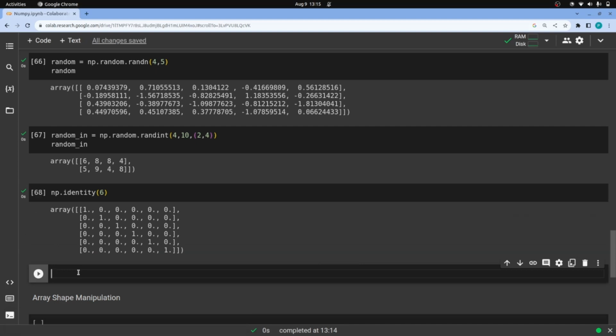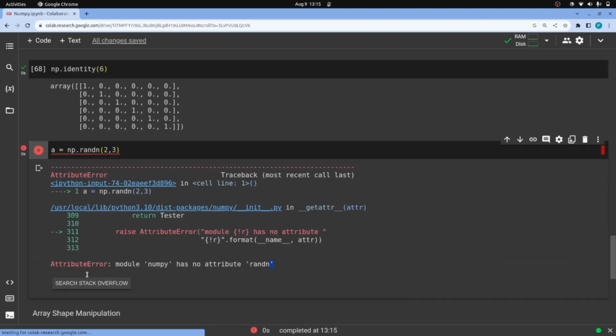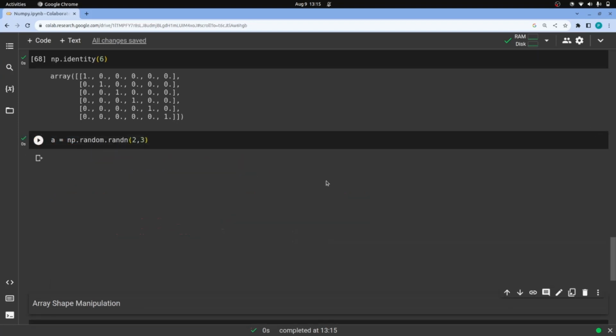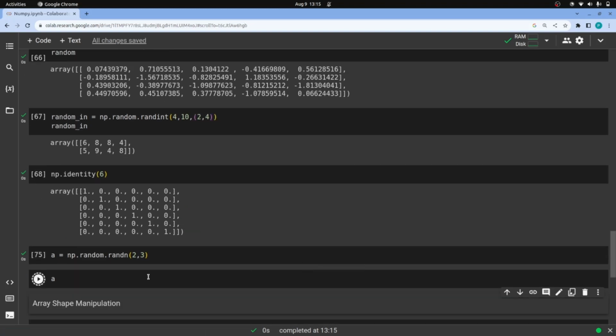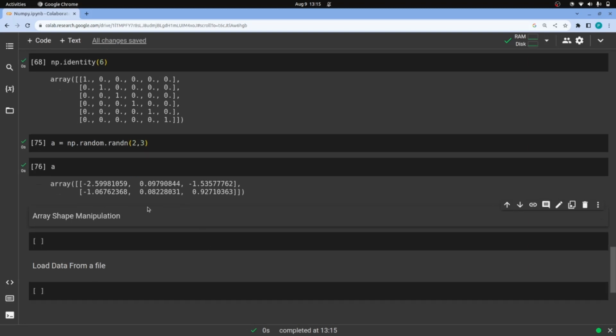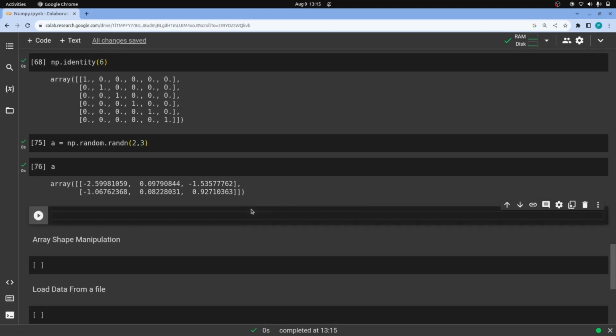array. So for example, let's say we have an array, np.random.rand(2, 3), and we have 2 rows and 3 columns of data. Now if we want to repeat this data, what we need to do is just use numpy.repeat,